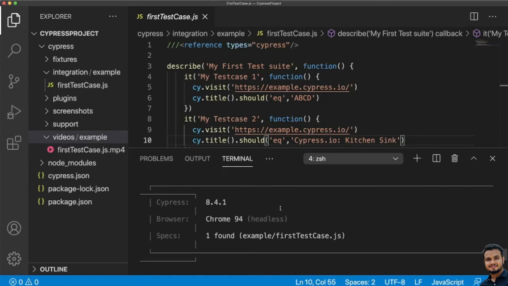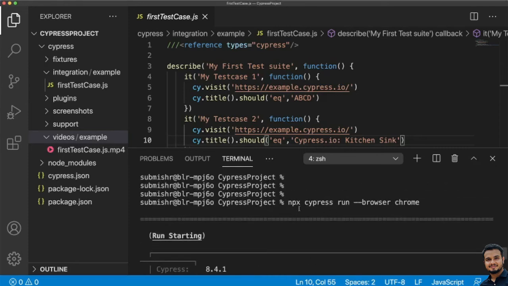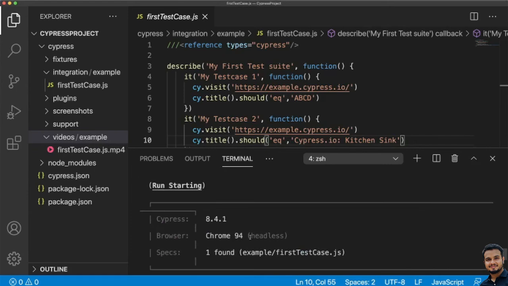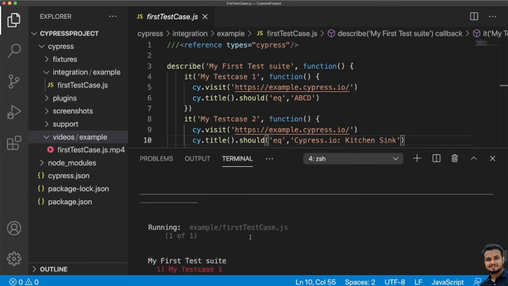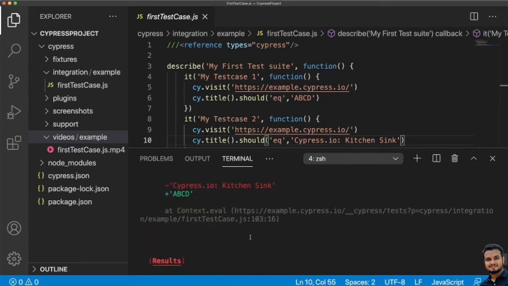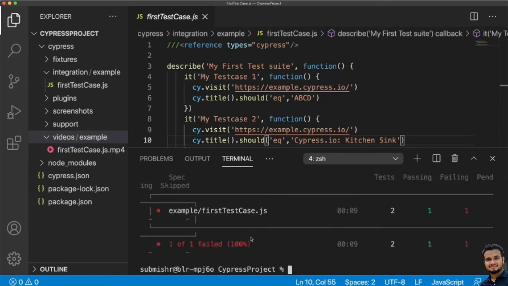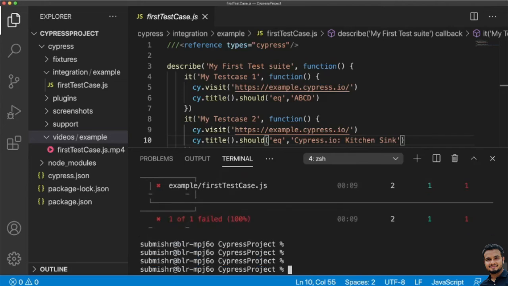So, I will tell you how you can use normal browser mode, I will show you that, but for now, you can see if you use this command npx cypress run --browser chrome, then it will be in the Chrome browser, but in the headless mode. Okay. So, all other things again remain the same, the result you can see one test case passed, one test case failed. Now, I will tell you how you can execute the same thing, but in the browser mode, not in the headless mode, right.